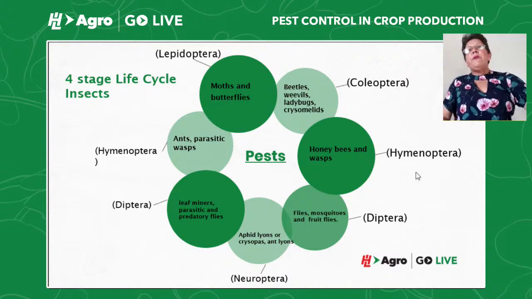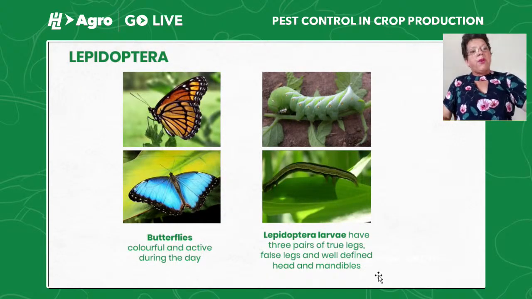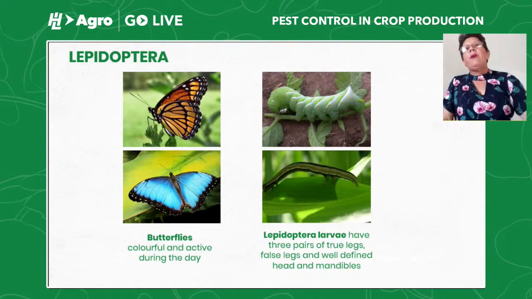Here are Lepidoptera, as we talked about before. We have butterflies and moths, and Lepidoptera larvae have unique characteristics. They have a well-formed head. The head, you can see where the head is. It's big. It has the mandibles. Next to the head, you have 3 pairs of legs. Those are going to become the legs of the adult insect.